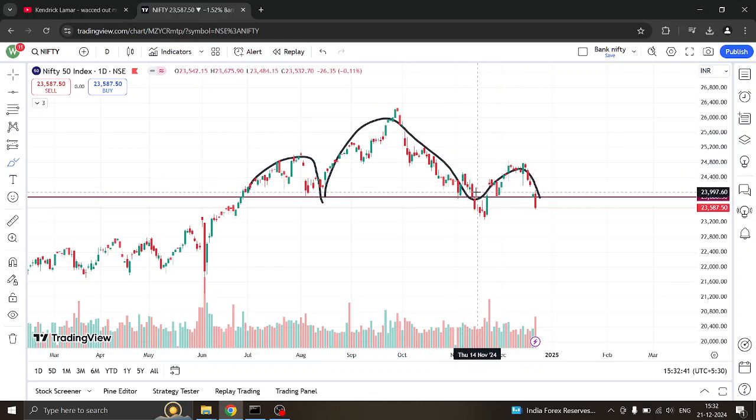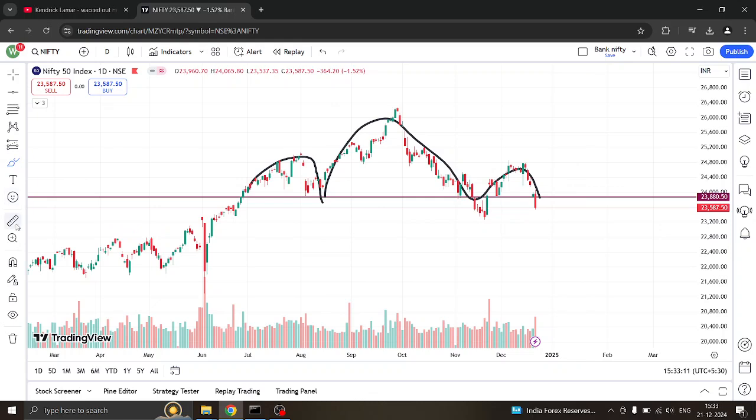When the small right shoulder broke the neckline, after a week it again went above that neckline and again formed that right shoulder. Now as you can see, this neckline has been broken by the right shoulder, and we don't have any support here to make Nifty retrace from any level. We should not consider this resistance line to be support,